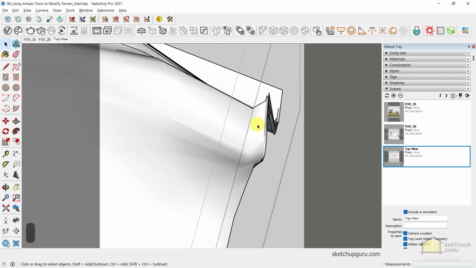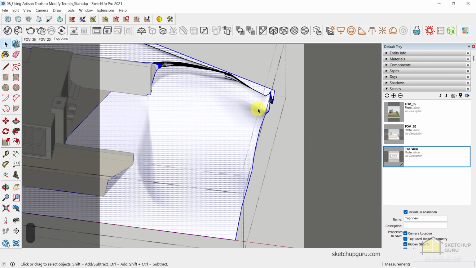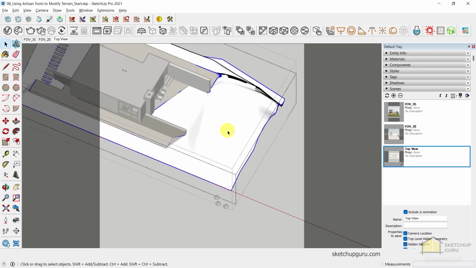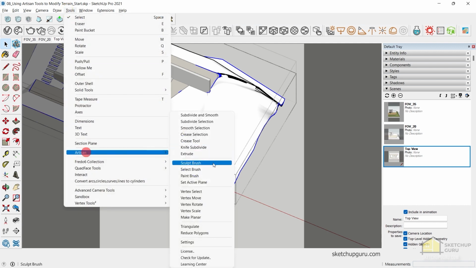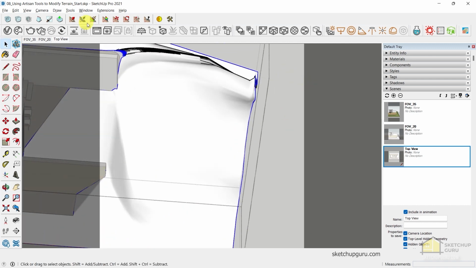Here's another trick. In case you're happy with the edges and you don't really want the edges to expand anymore, you can use the crease edge tool. So I'm going to select the face, hold Ctrl Shift to deselect the face and only select the edges. So double click on the face, Ctrl Shift and select the face again to only select the edges. And then go to Tools, Artisan, Crease Selection, change the scope to edges and vertices and click on OK. So this would crease the edges. And now when I start to sculpt on the edge,